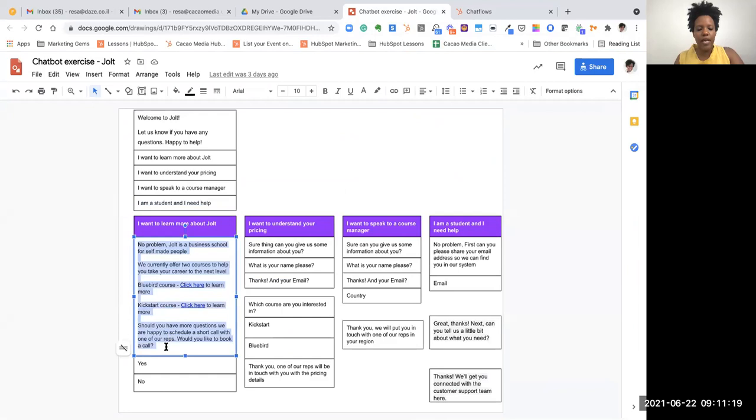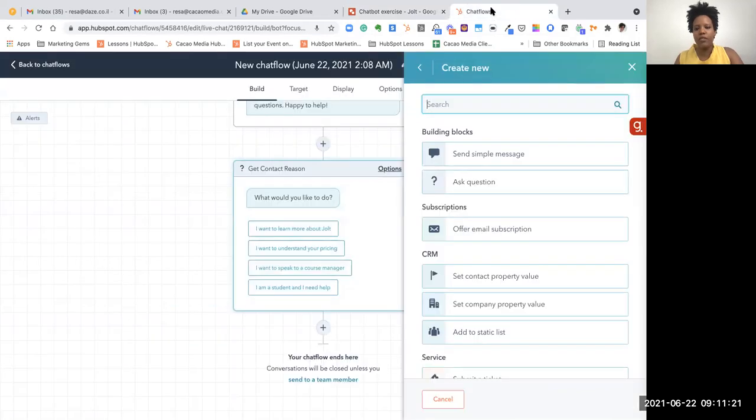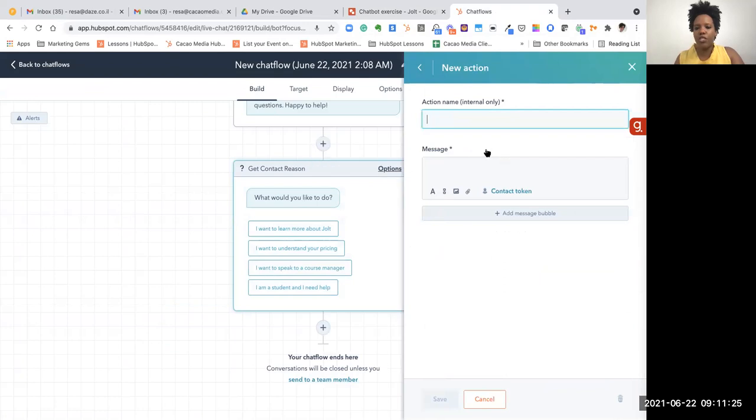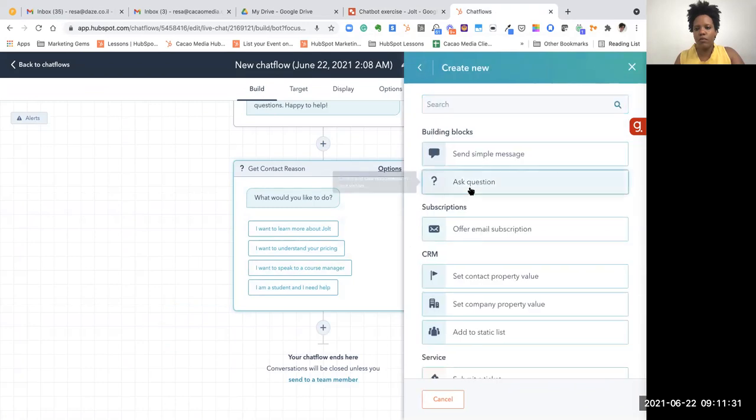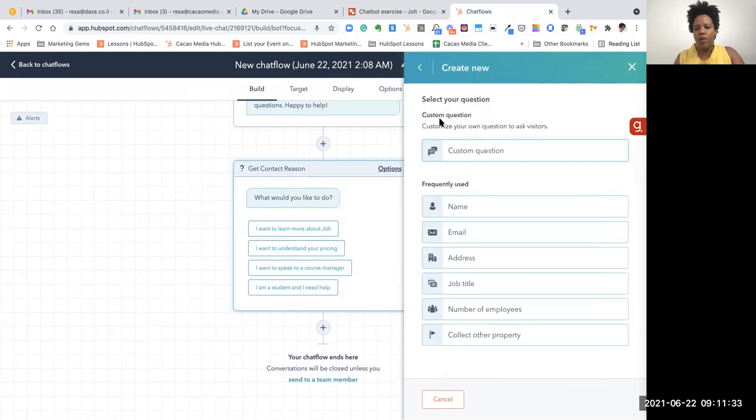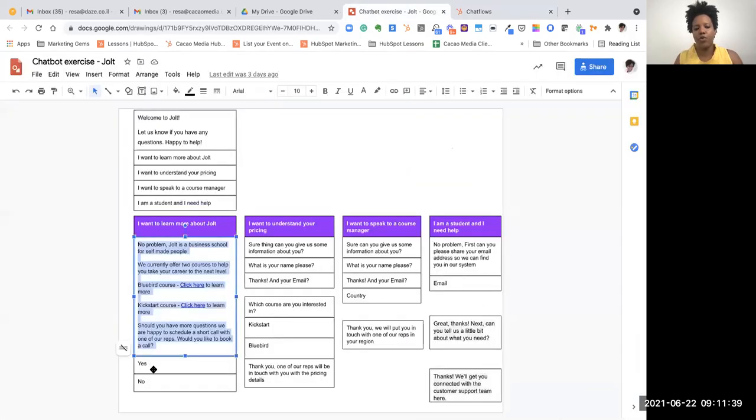So we copy this text again from the exercise, and I go to now send simple message. I want us to actually click custom question because I'm going to give the options in yes or no next, right? So this last part will be a question,